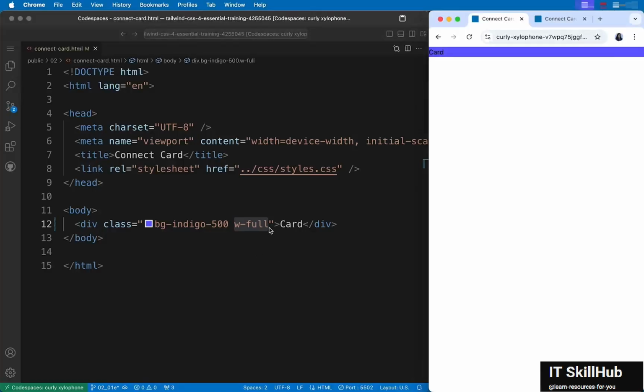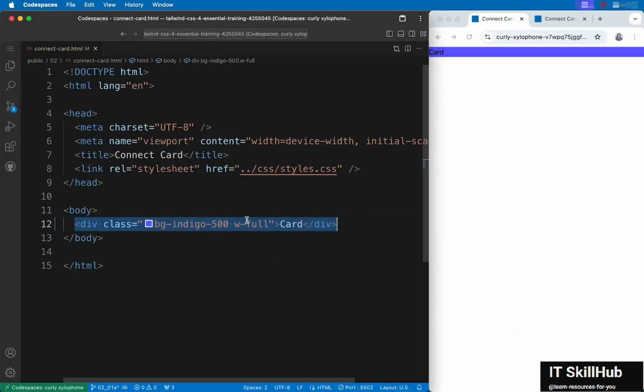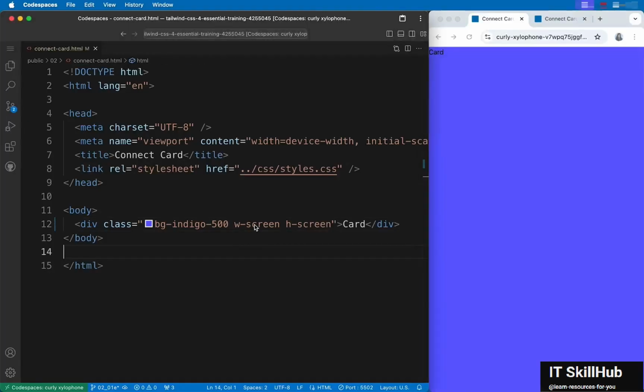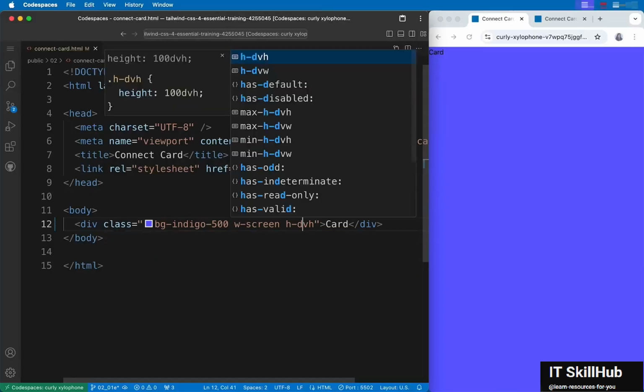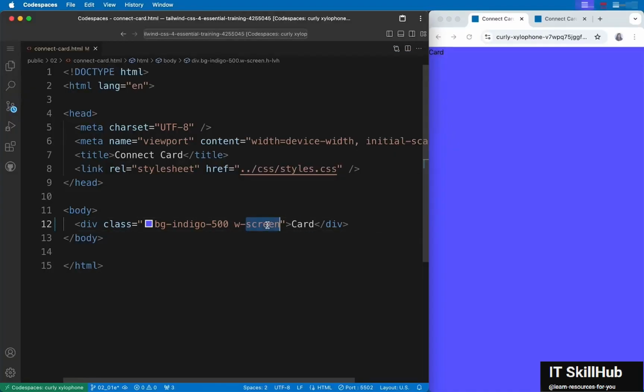And if you like to use the viewport units, let's say you want this div to occupy the entire page, you can say W screen and H screen. This will set the width to 100% viewport width units, as you can see here, and the height to 100% viewport height. Now, there are newer viewport units in CSS like SVH, LVH, and DVH, especially for mobile phones, where you will sometimes see a bar at the top or the bottom, so you can use dynamic viewport heights like so. DVH, SVH, and LVH are also available. Now, once again, let me remove this and set this back to 75.